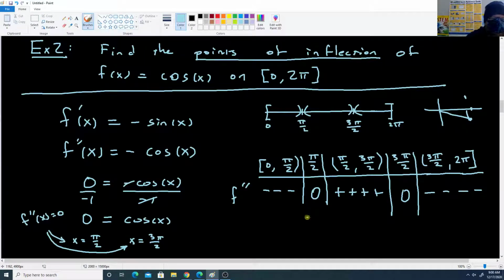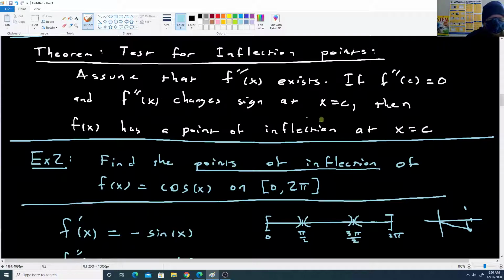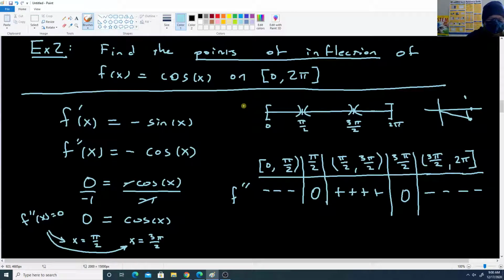So we're going to use our theorem, and we say, well, f double prime of this point here is 0, and there is a change of sign at it, then that means it's a point of inflection. So we'll say both. Again, on the AP test, you can't just say "see chart" and get your answer. You have to write out how you derived it. So we're going to say both x equals pi over 2 and x equals 3 pi over 2